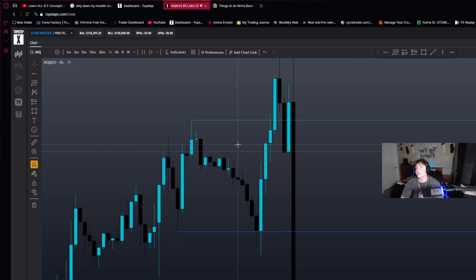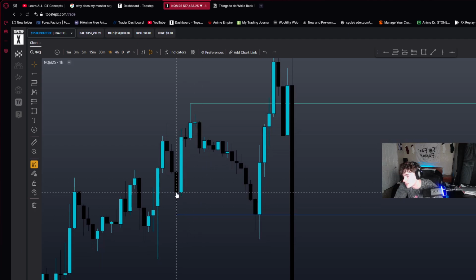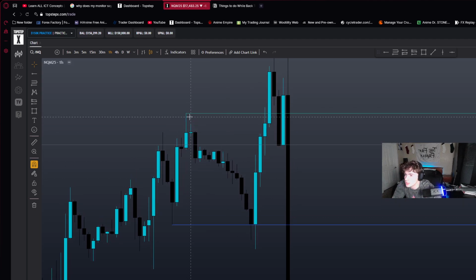So part of ICT's trading strat is to have that daily candle up. This is the daily. Well, not the daily low, but if you have the daily candle indicator up, it would show that you wicked about halfway through the daily candle, and then you reacted off a low, and then the top of the daily candle's right here. The wick. Anyways, cool.